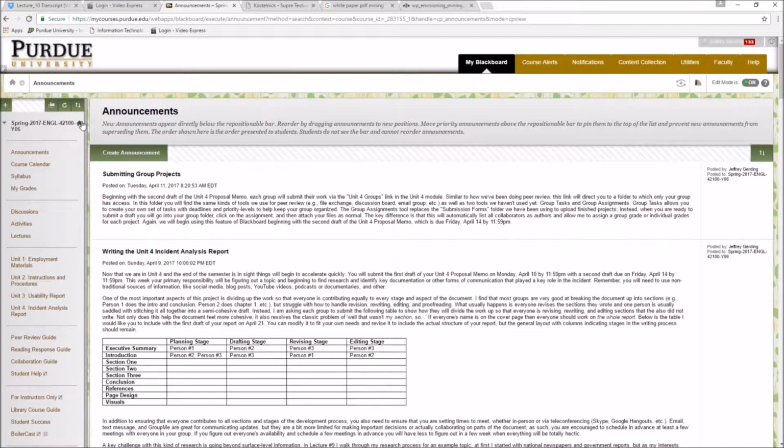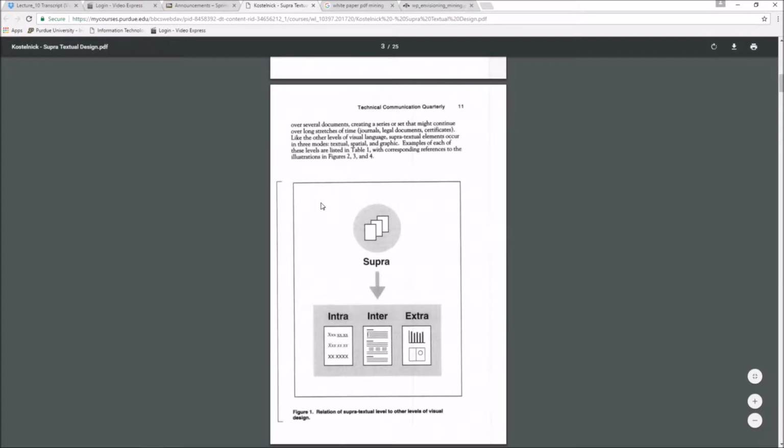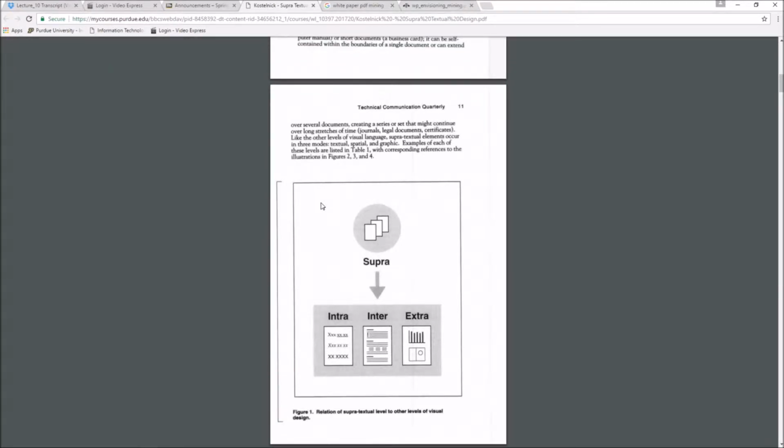Thinking about how design functions rhetorically, that is, how design engages the reader and contributes to the message that you are communicating, is something that Charles Kostelnik brings up in one of the readings that we'll read for the final reading response, called supertextual design. Supertextual design elements, and here's the reading, are the global design of the document and include elements of documents that are usually considered exterior,